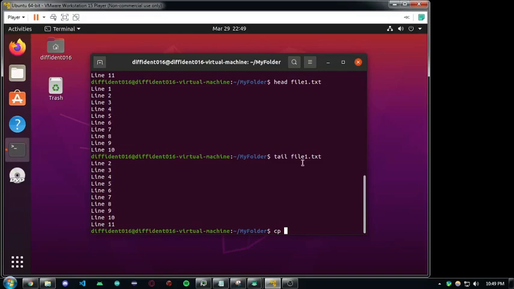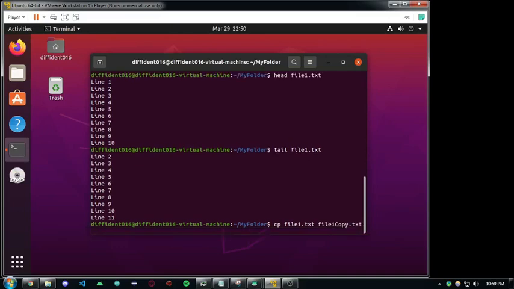I want to copy my file one.txt to another file name, which I will name file one copy.txt. So this command will copy the content inside my file one.txt into a new file, which is